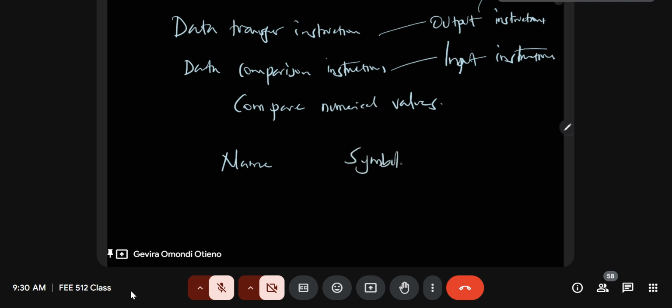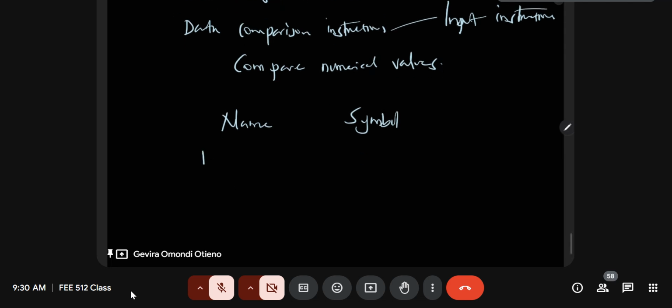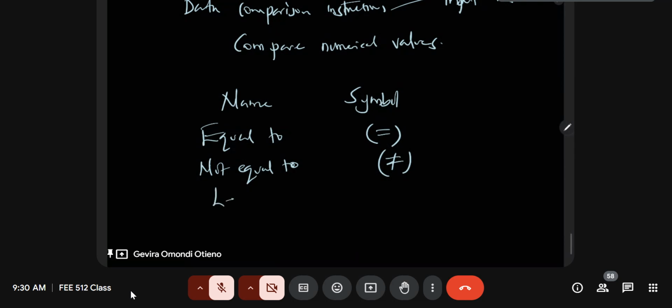Okay, but of course that one was the equal, because let me give you the comparison symbols that we have. So we have equal to, which we have dealt with. These ones, you know, there's nothing not equal to. So these ones are not very unique. I'll not spend a lot of time in them. Less than,